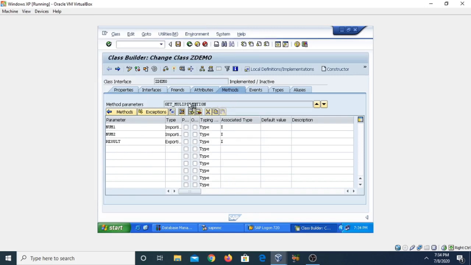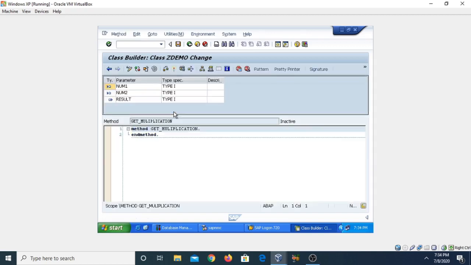Now if you want to go for the source code of this particular method, just click on this button, code, source code. It will open a new window. Now you can see the signature is already showing, and the type of parameter, you can see this is the importing parameter, so the arrow is inside importing, and these are the exporting.